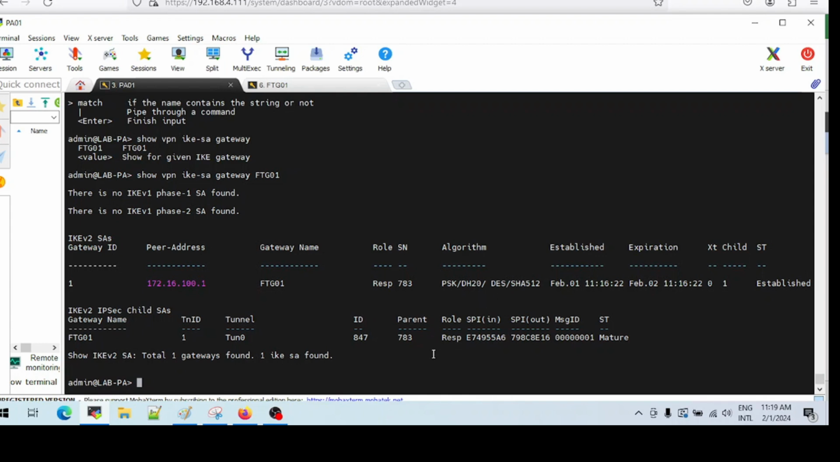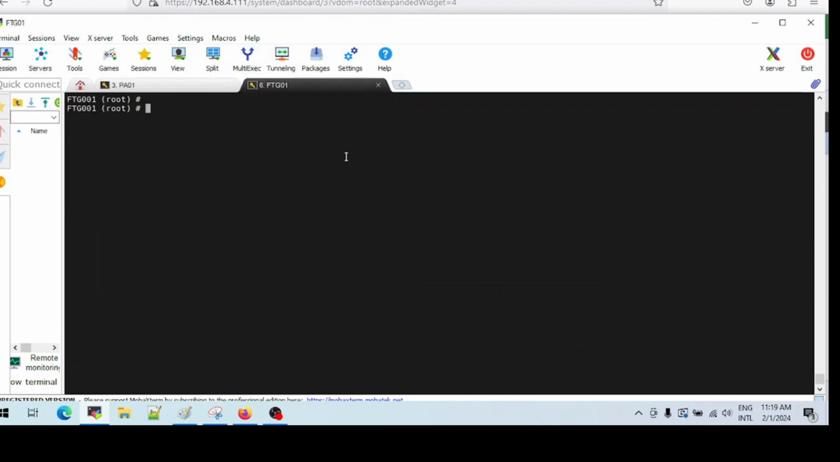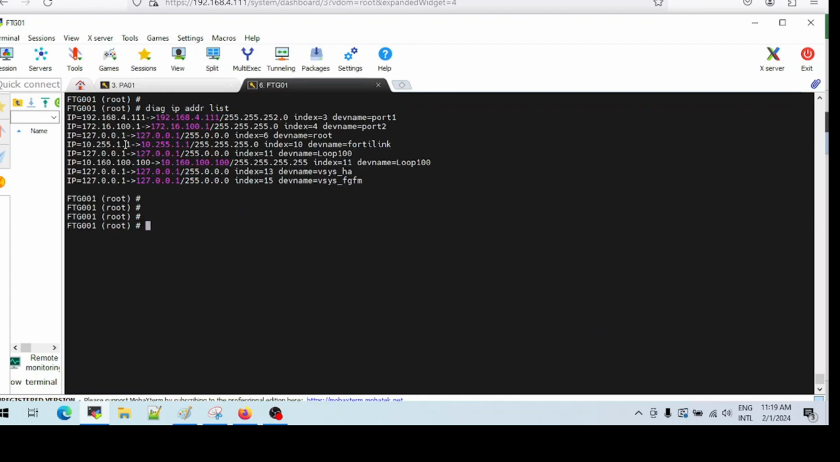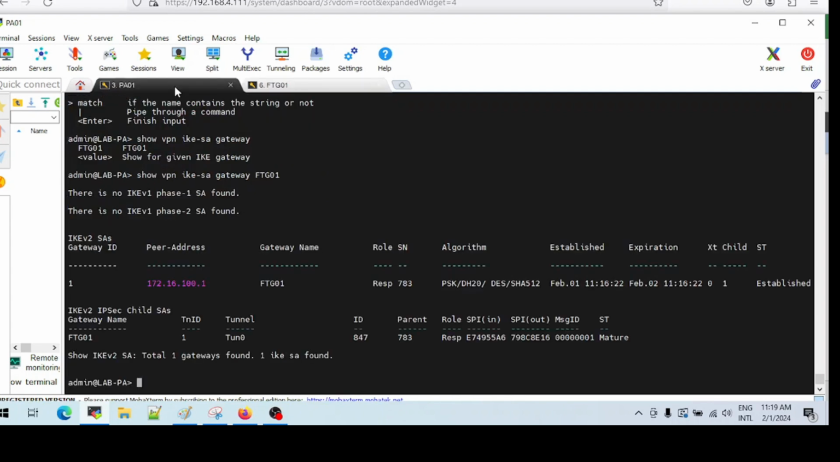And when we ping on the FortiGate, let's maybe have a look at the FortiGate diagnose IP address list. So on the FortiGate side, we have 172.168.100.1, the interface that's facing the Palo Alto, and then on the inside network, we have the 10.160.100.100. So this is the IP address that we're going to ping from the Palo Alto, and let's do that. Ping using the source 10.10.10.1, pinging host